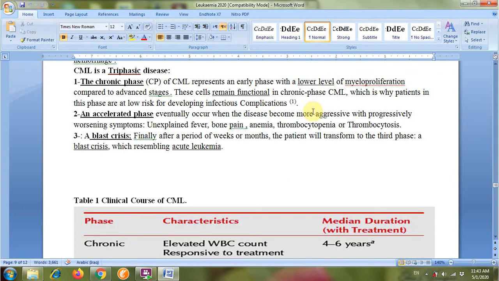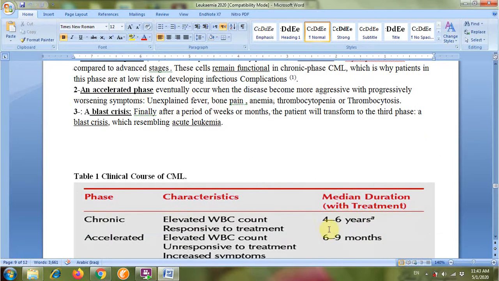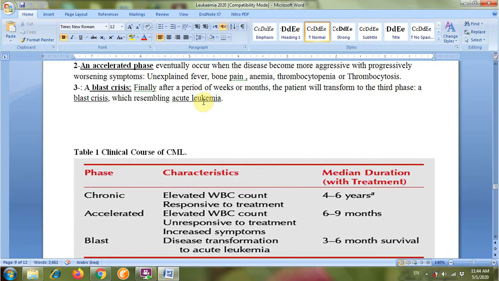the clinical manifestations and typical signs and symptoms begin to appear, mostly in the accelerated phase, the second phase. This occurs within months. The second phase is about 6 to 9 months. In the accelerated phase, there is unexplained fever, bone pain, decrease in platelets, decrease in RBCs, and worsening condition. And finally, if the patient is presented with the blast phase, its manifestations are exactly similar to the acute